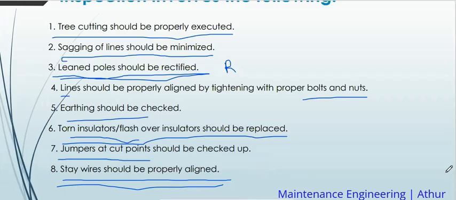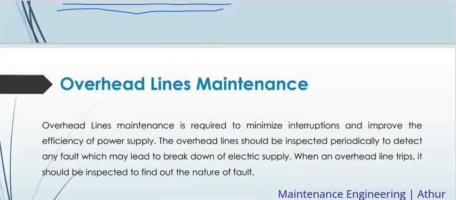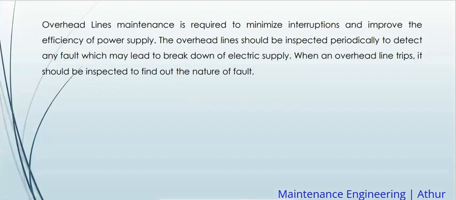Okay. We have overhead line maintenance. Overhead line maintenance is required to minimize interruptions and improve efficiency of power supply. The overhead lines should be inspected periodically to detect any fault which may lead to breakdown of electric supply. When an overhead line trips, it should be inspected to find out the nature of the fault. Now, when we talk about faults,